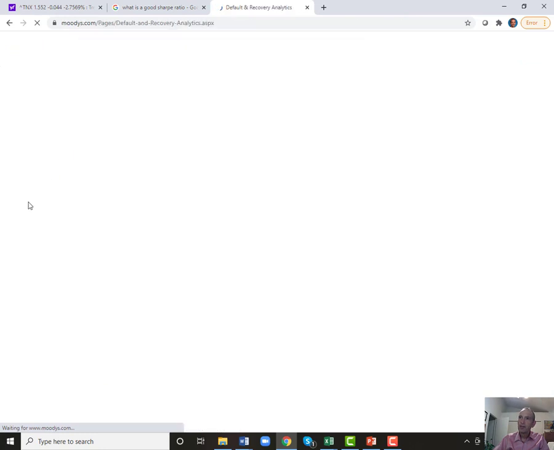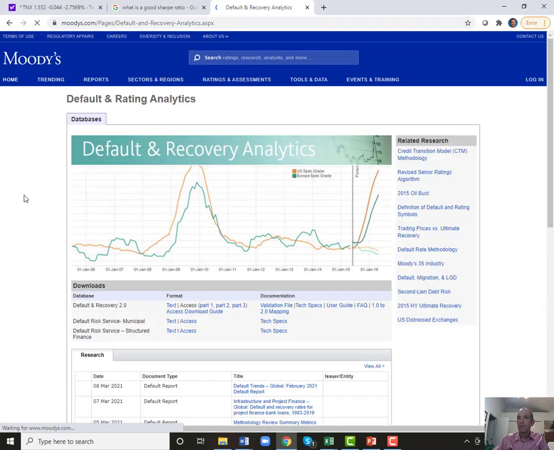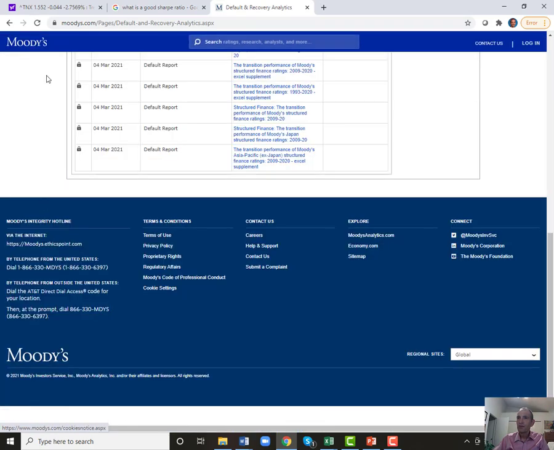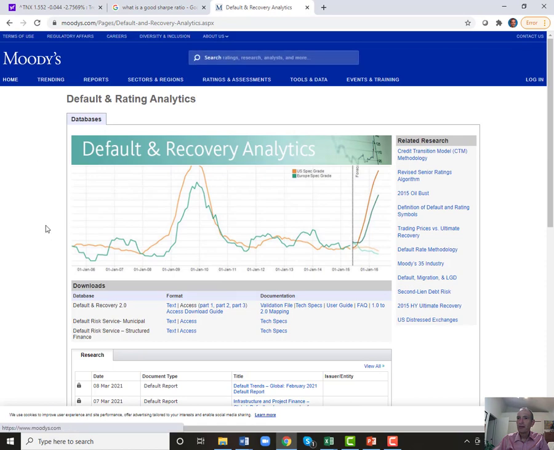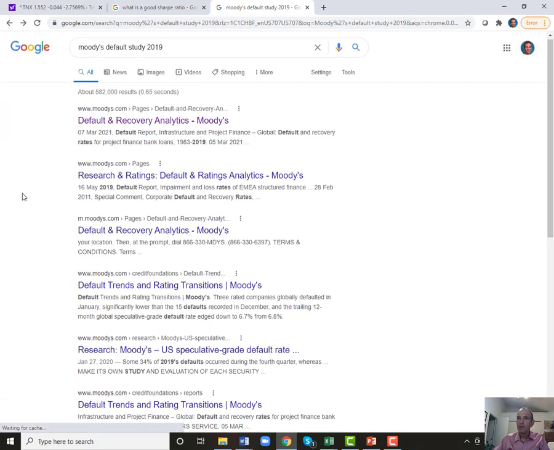Sometimes you'll click on pages, sites, and they'll ask you to log in, or they'll charge you money. I've seen these a lot where they're just summaries of the reports, and these can be very, very interesting. Look over on the right because they will have other information that you can click on. So it's really cool stuff.